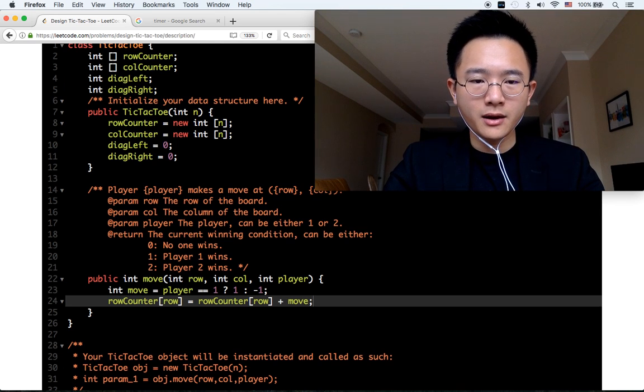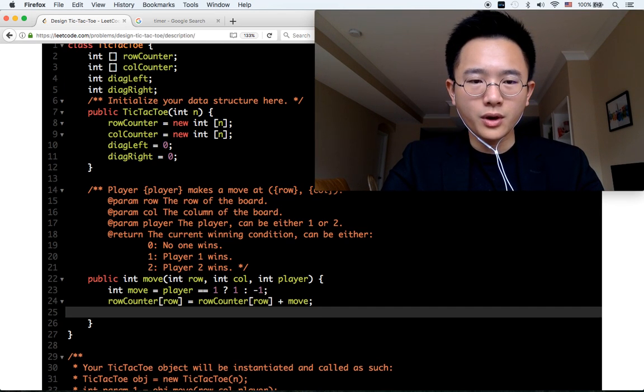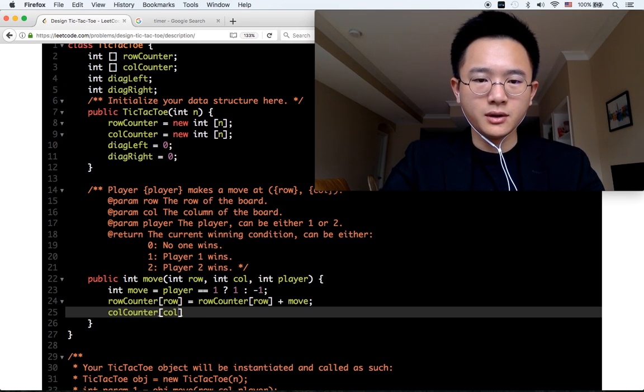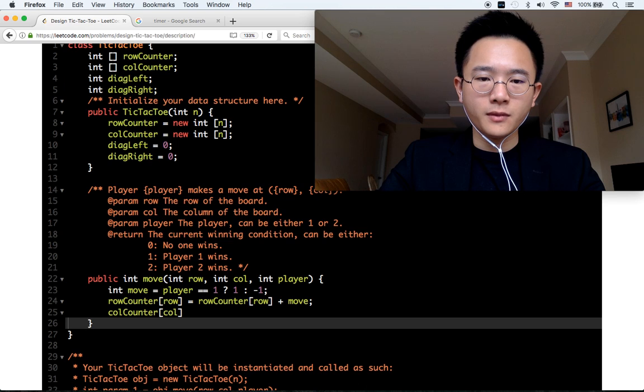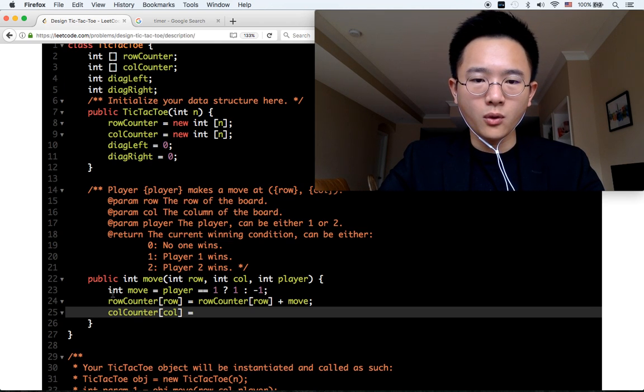And on the other hand, we're gonna do column counter at this column position is equal to column counter